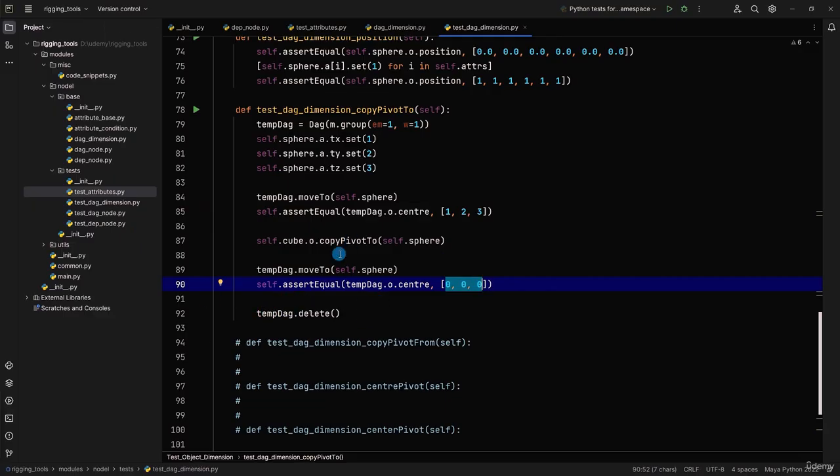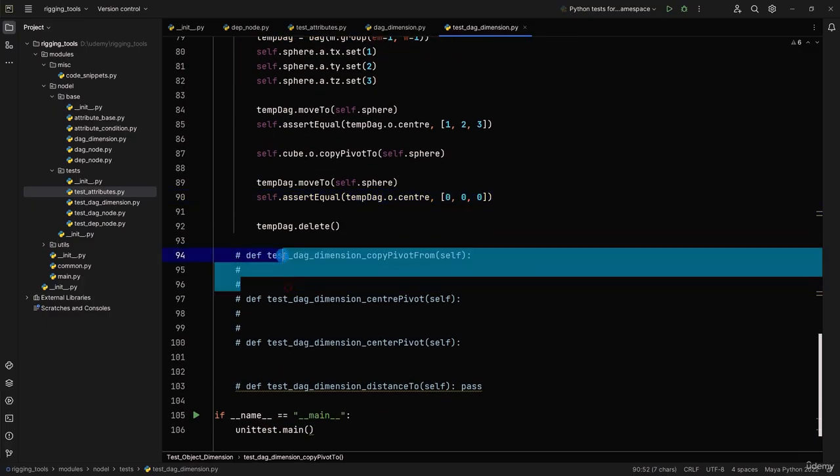So we could just assert this straight through to sphere, but what we're not doing in our functionality is zeroing out the attributes or making sure that the attributes are zeroed out and then moved to correct world space. We're essentially just setting them and moving the pivot. We are not doing any other functionality, which you can add yourself. But at the moment, we are just essentially moving the pivot and doing some very simple logic. But okay, let's copy that over now to